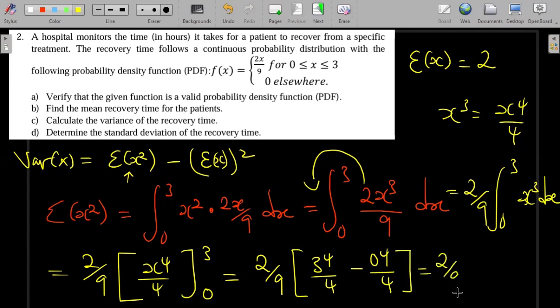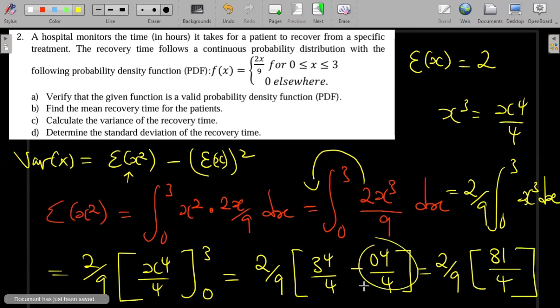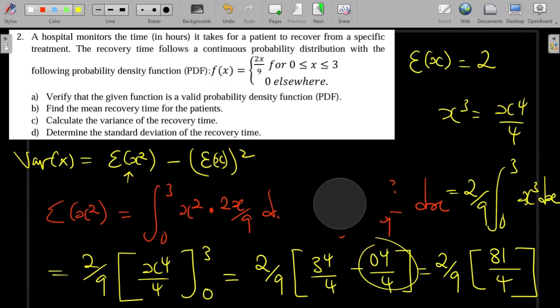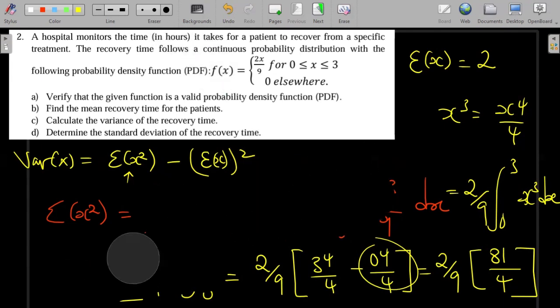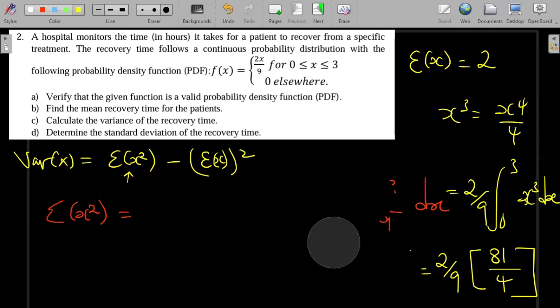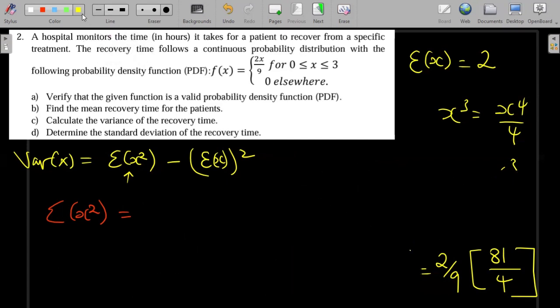It'll be 2 over 9. Okay, 3 to the power 4 is going to give me 81 divided by 4. Then this one becomes 0, so we can leave it out. Okay, so here it means that our expected value of x squared will just be equal to